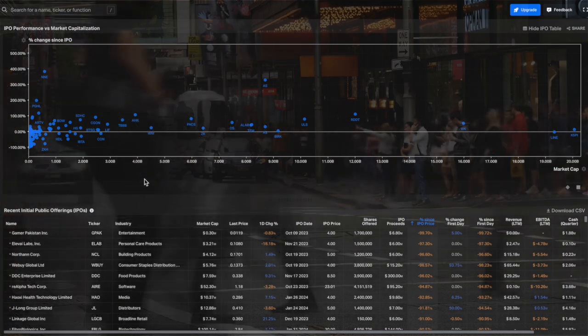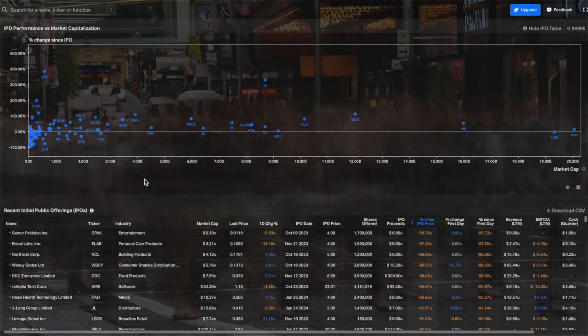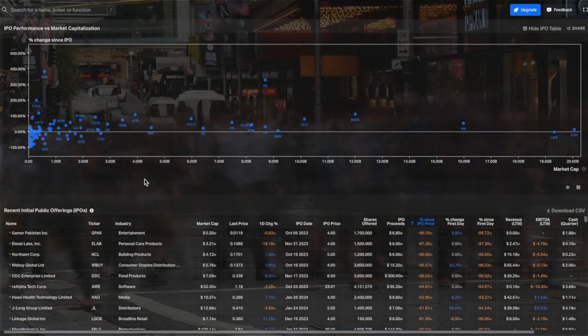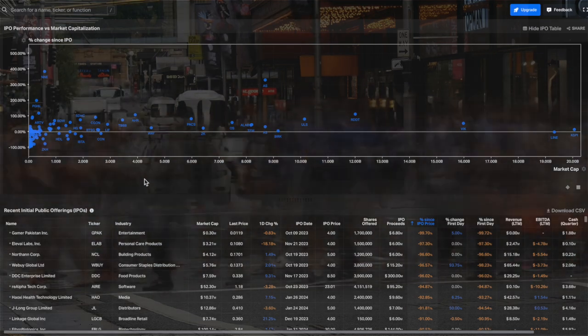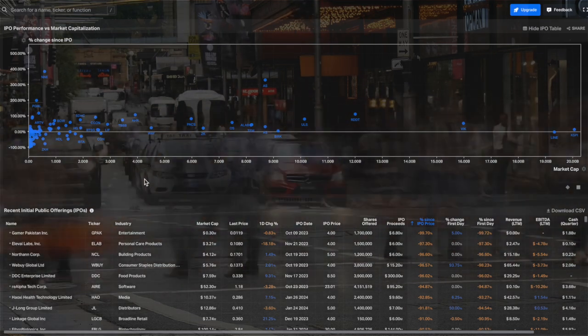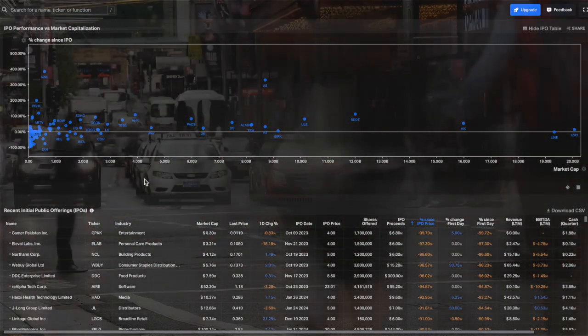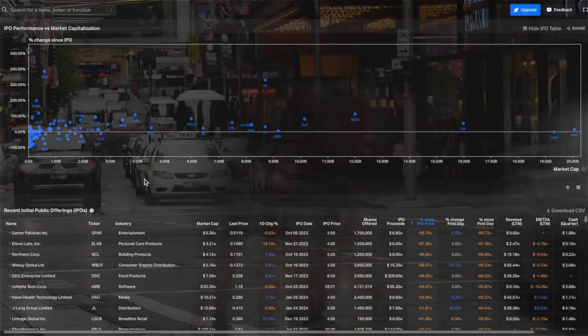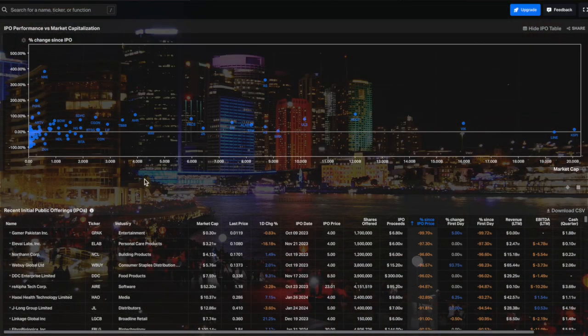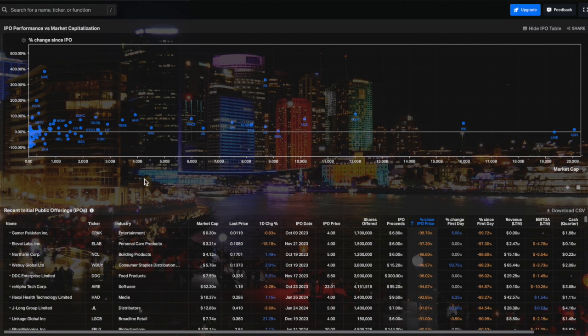However, it's pretty interesting what you can find, and the more I've been looking at it, the more I can find new ways to kind of use it. Because the thing is, I've never been really that interested about IPOs, to be honest. I'm mainly focused on existing stocks that have been there for a while. But there are IPOs coming in every year.